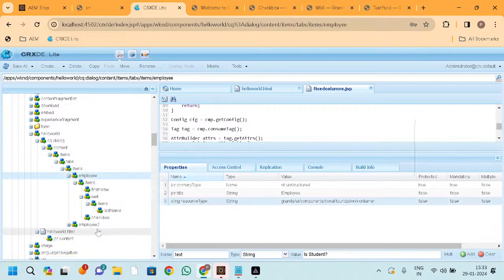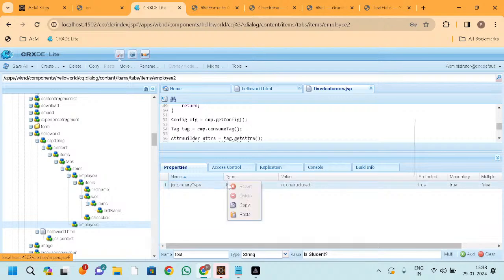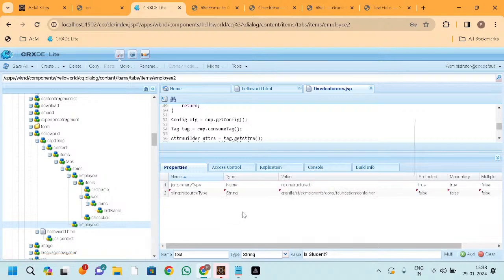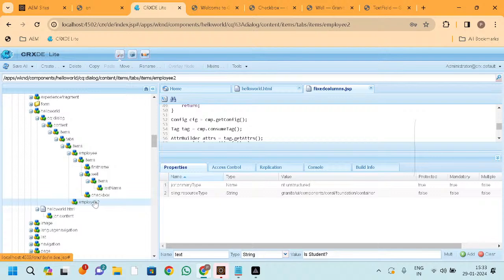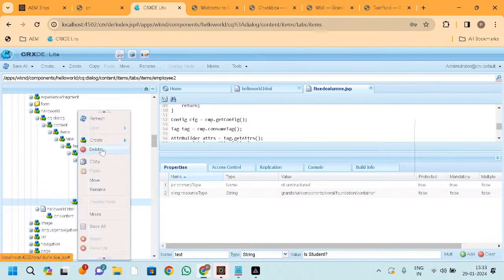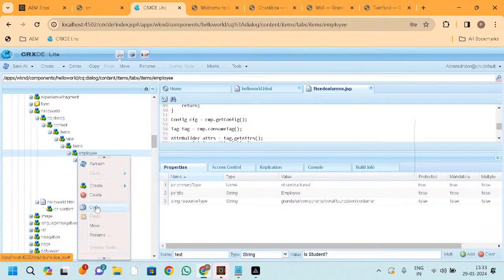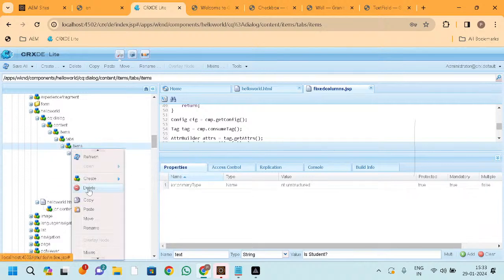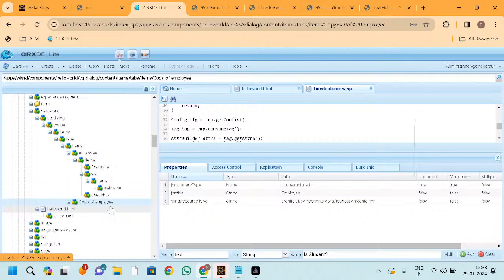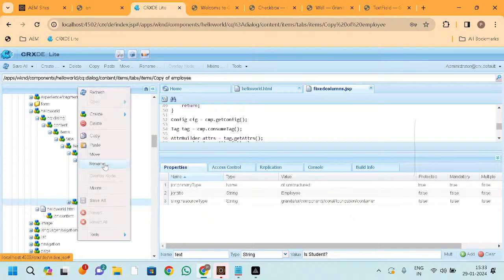Just simply copy, come here and simply paste it. Otherwise, directly you can do one thing, simply copy this one, come inside these items and just simply paste it. That's it. Rename,